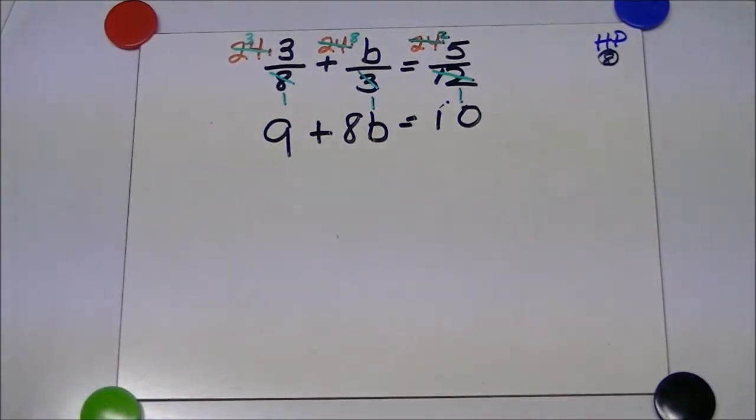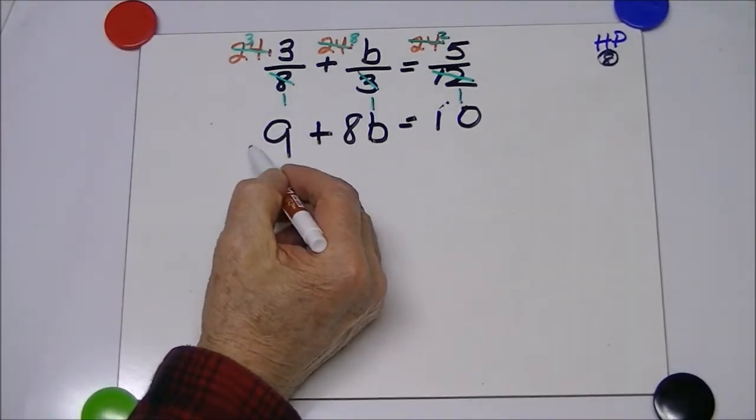So you have now a much simpler equation because you've gotten rid of the fractions. Now, what's your next move? Well, you want to get all of the numbers on one side, all of the letters on the other. So we could transpose